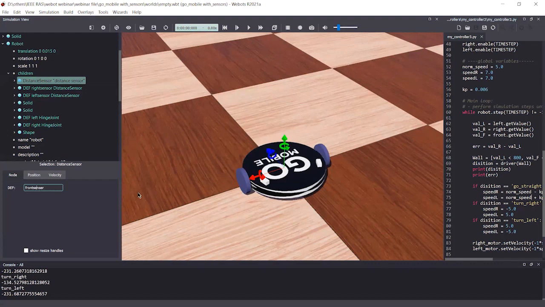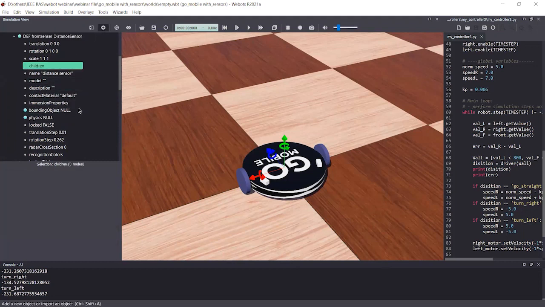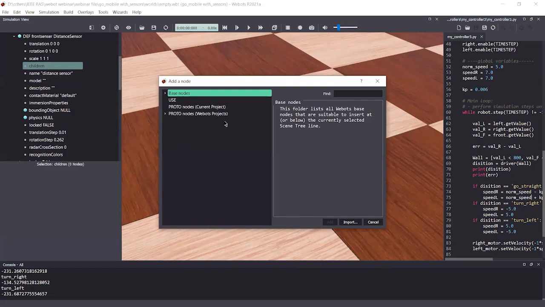the simple case. Let's drag this open, and now we want to add a shape to our sensor. Go to the children node, add, and on this children node, add the shape.